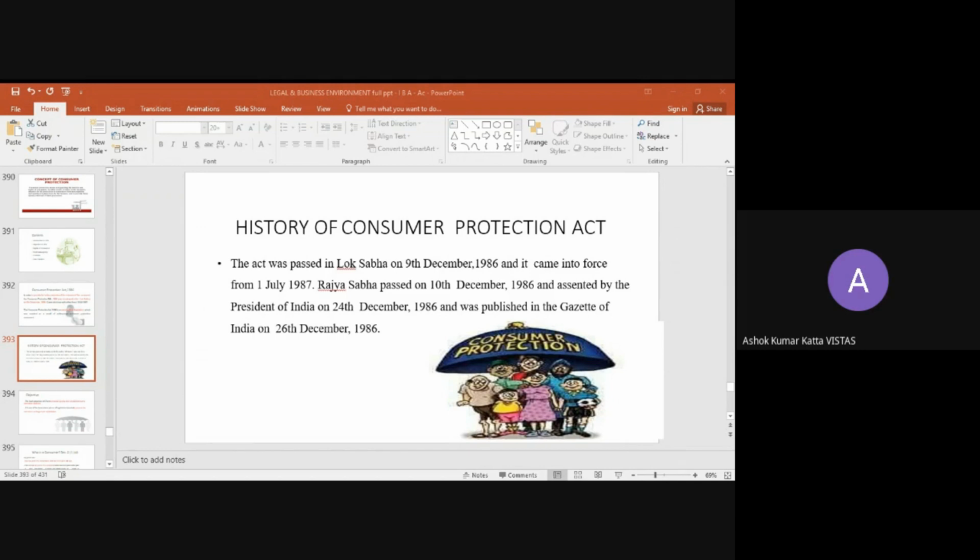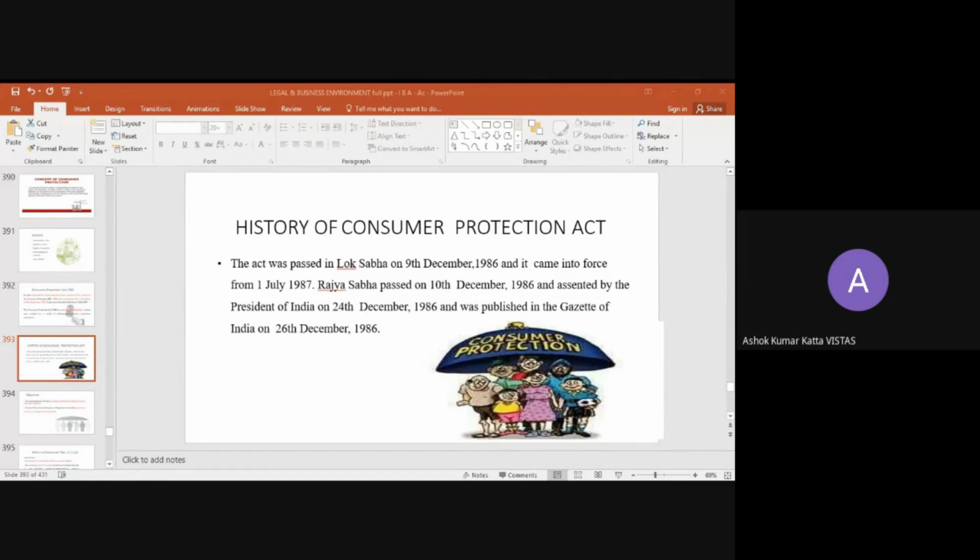Now, for that, do we have any kind of assistance? Yes, but this came to be known by the people only after 1986. Now you can find an umbrella in this PPT, stating consumer protection. Now in this consumer protection, you can find two genders of people and multi-aged people. Kids are also there, adults, senior citizens, men and women.